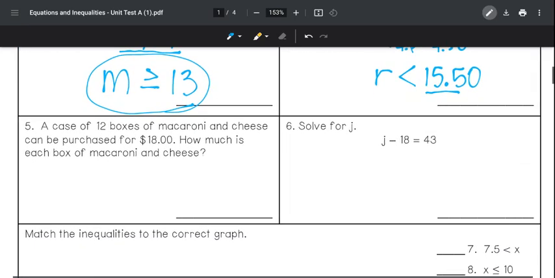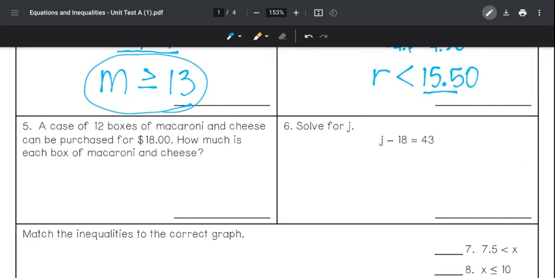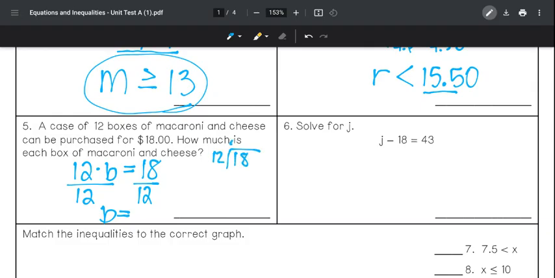Number 5, a case of 12 boxes of macaroni and cheese can be purchased for $18. How much is each box of mac and cheese? I'm going to buy 12 boxes, but I don't know how much each box costs. But I know I'm going to spend $18 in total. So to figure out the cost of each box, we have to divide both sides by 12, to get B by itself. So B equals, when you solve 18 divided by 12,